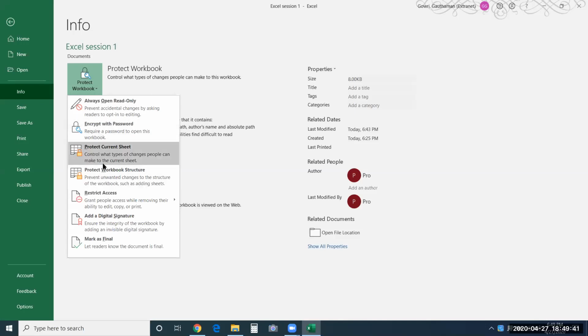Protect current sheet, we saw it. Protect workbook structure. This is one of the special types of protection where it allows the user to edit the data in the file, but not the structure of the file. So when I say structure,